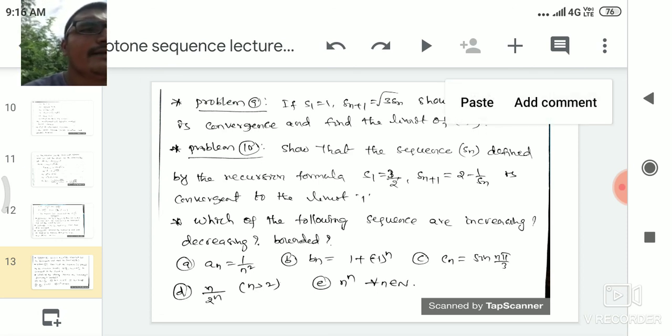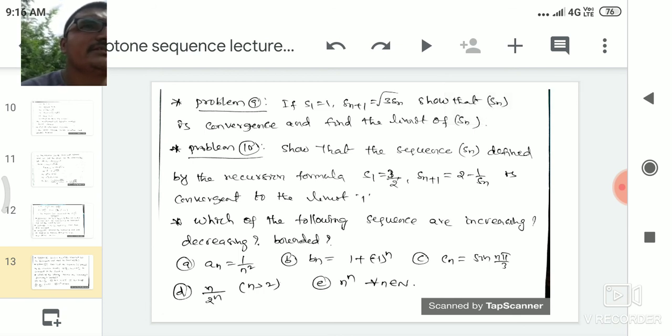Already we know that some of the trigonometric functions, those are sin and cos, are bounded in minus 1 comma 1. So here sin n pi by 3, the sin function is always bounded. Why? Because the values of this sequence are between minus 1 and 1 only. And n by 2 power n, n power n, you can do these problems